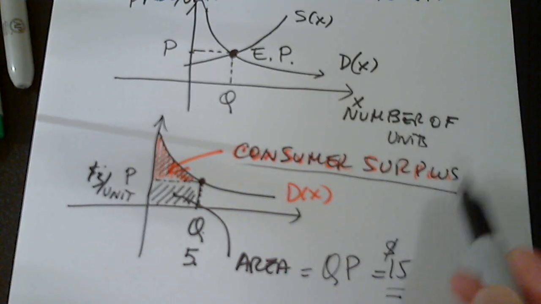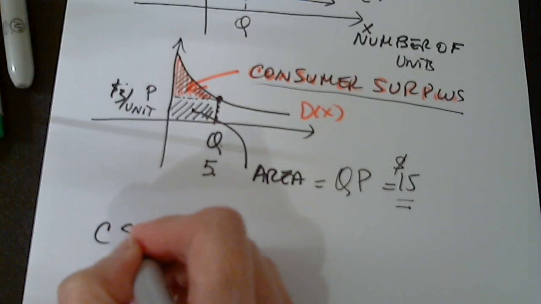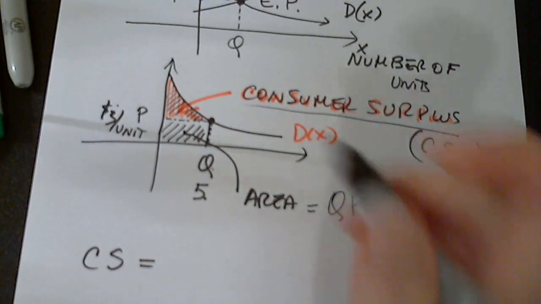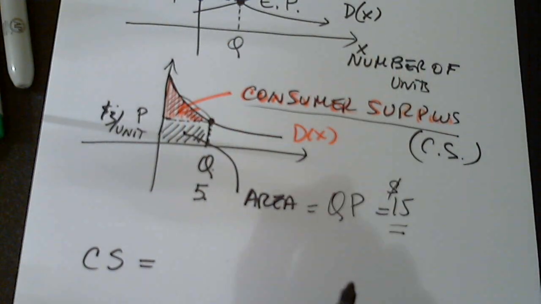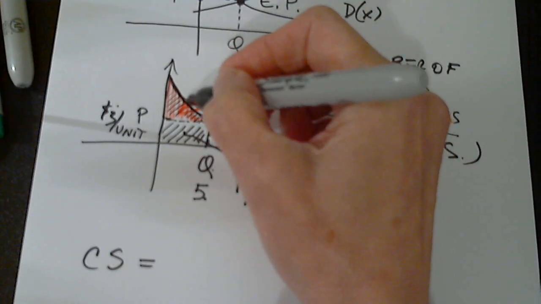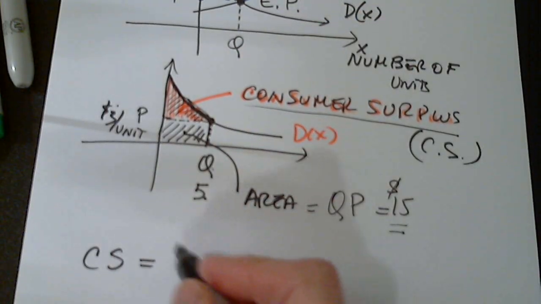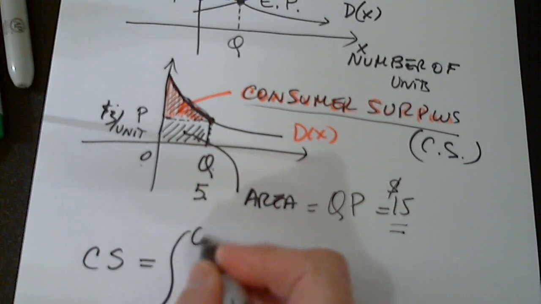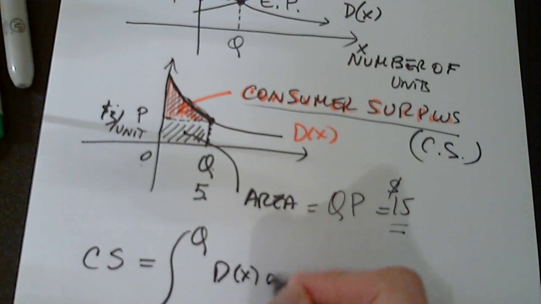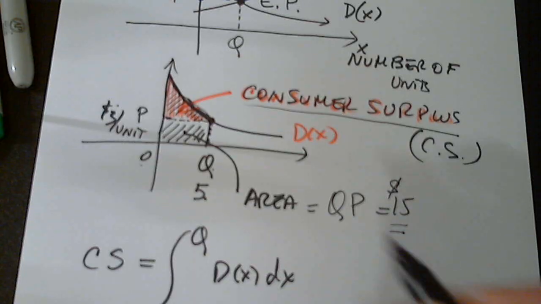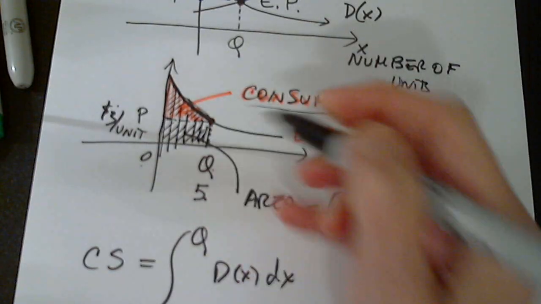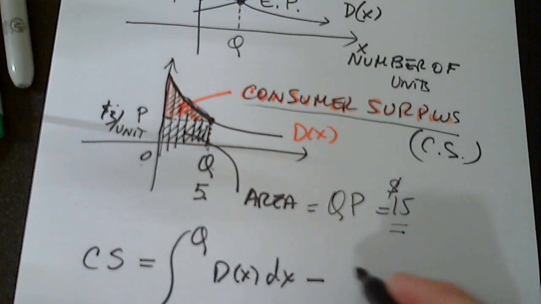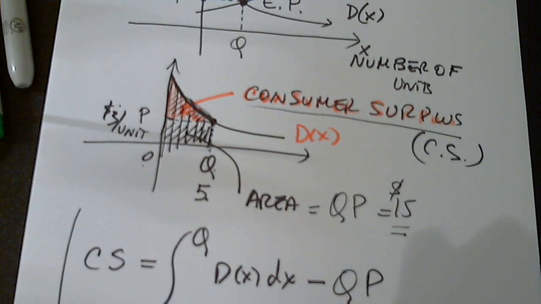If I want to determine the consumer surplus, CS, how will I find it? How will I find this area? Very simple, knowing that we just finished chapter 4. I will have the integral from 0 to Q of d of x dx. This is the entire area minus the area of the rectangle, Q times P. And this is the formula